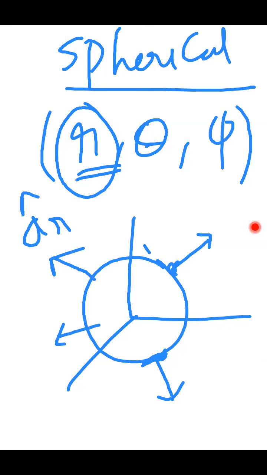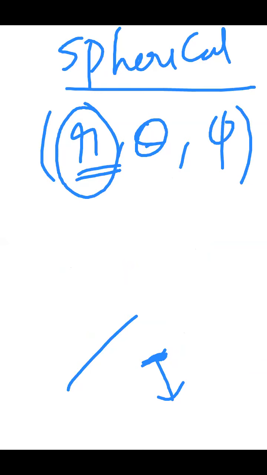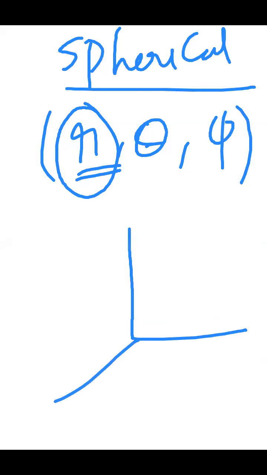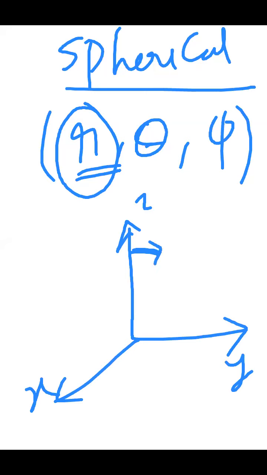Okay, next one is theta. Please remember, theta is the angle measured from the z-axis. Say this is the z-axis, x, y, z. What I am telling is, theta is some kind of angle measured from the z-axis. If I draw a line like this, having some angle theta, I can draw a line like this.